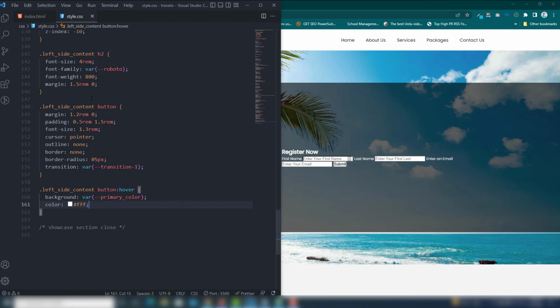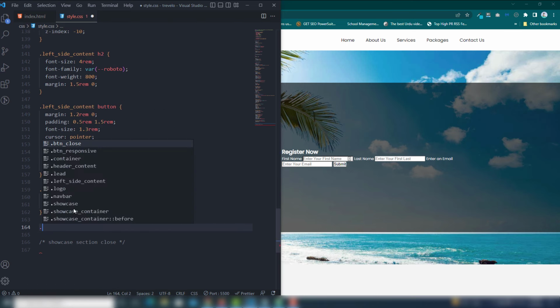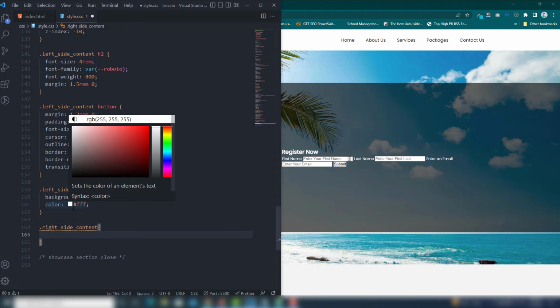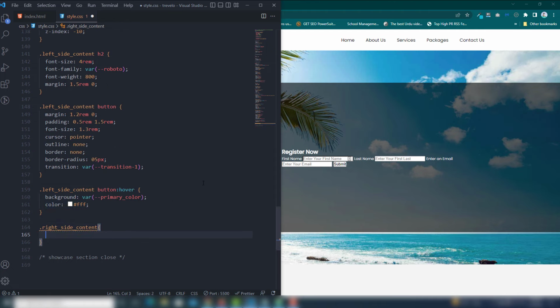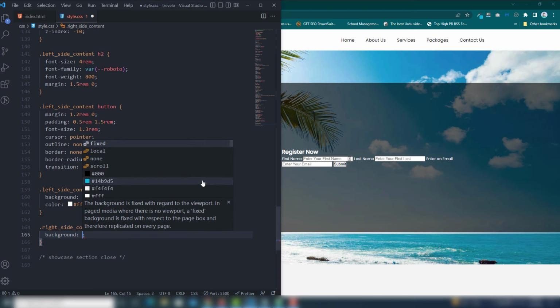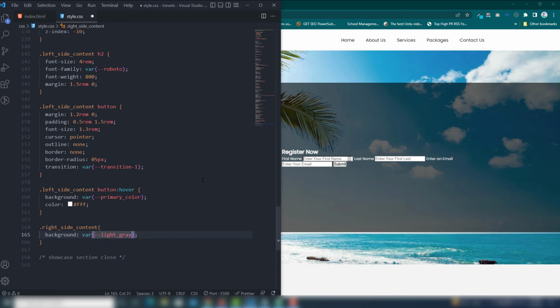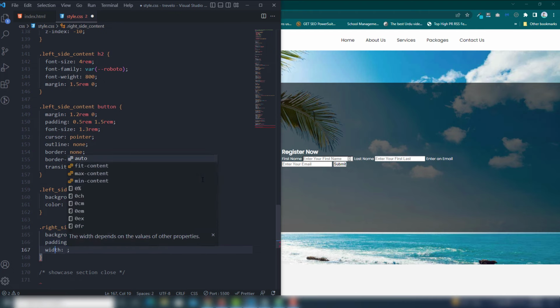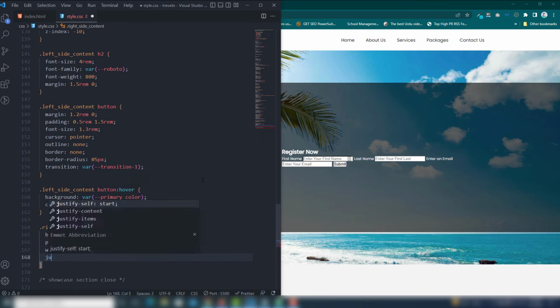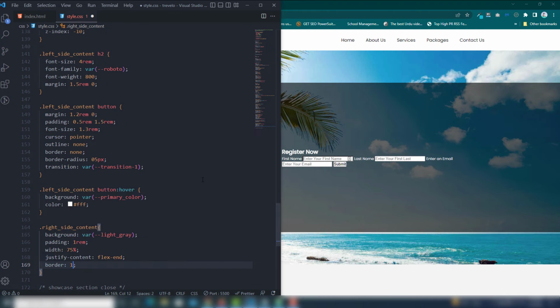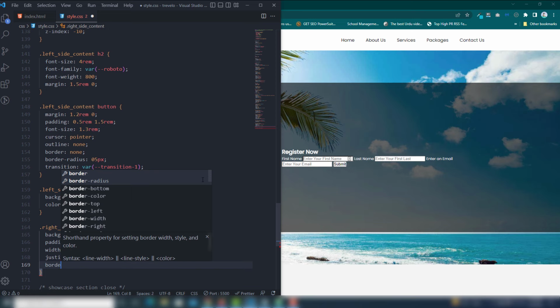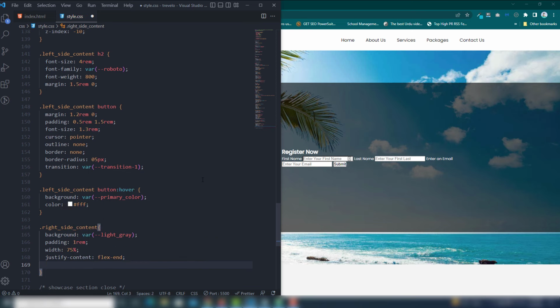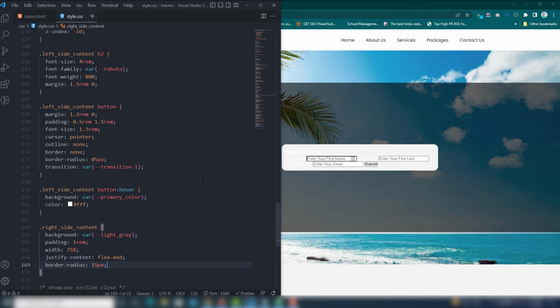So for the right side content, I just need to use the background will be light gray, and padding 1rem, all sides, width will be 75%, justify content flex, and border radius 15 pixel. Border radius fix, just a minute, border radius 15 pixel. So let's see. Right,